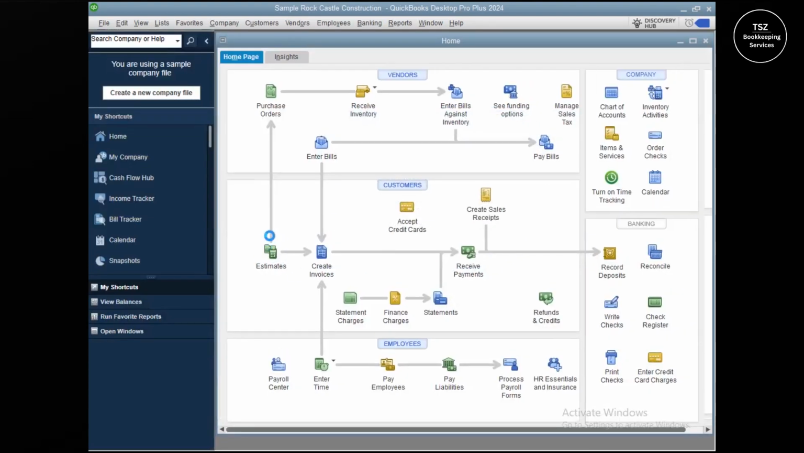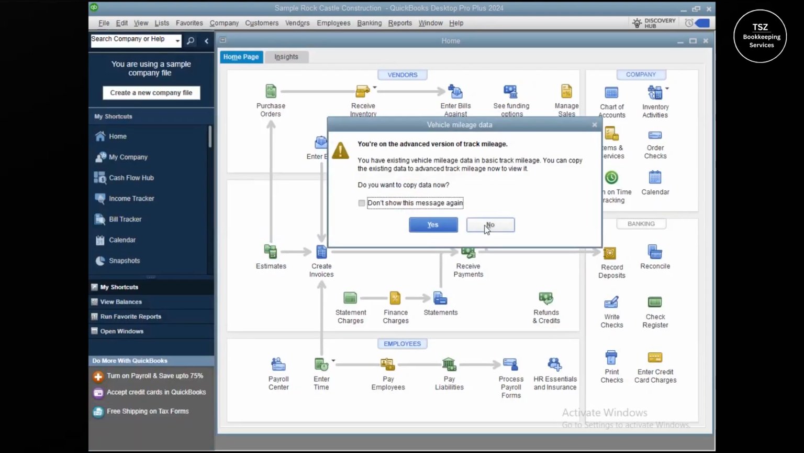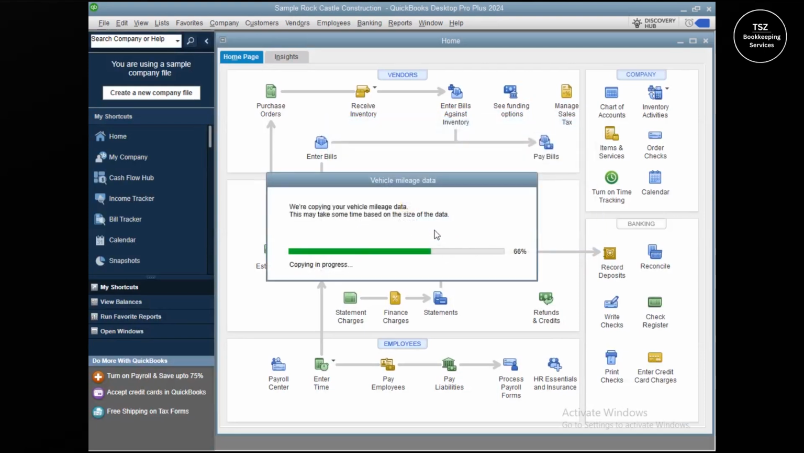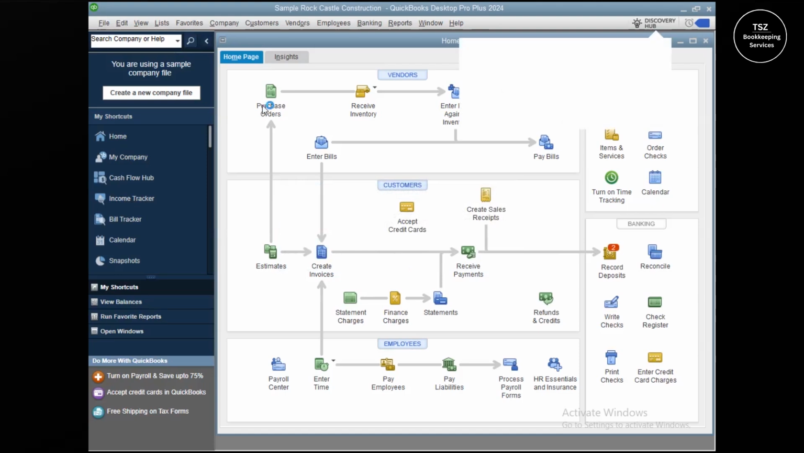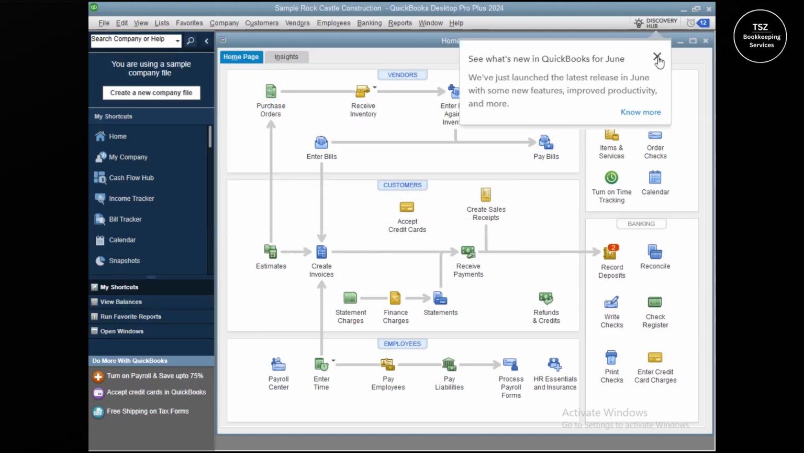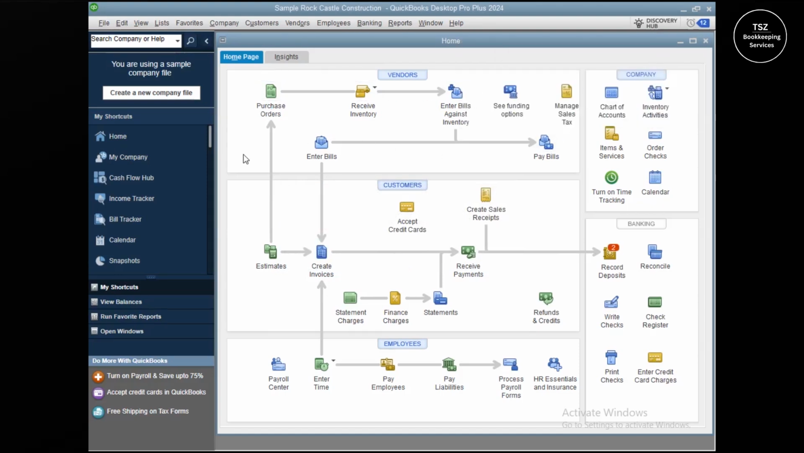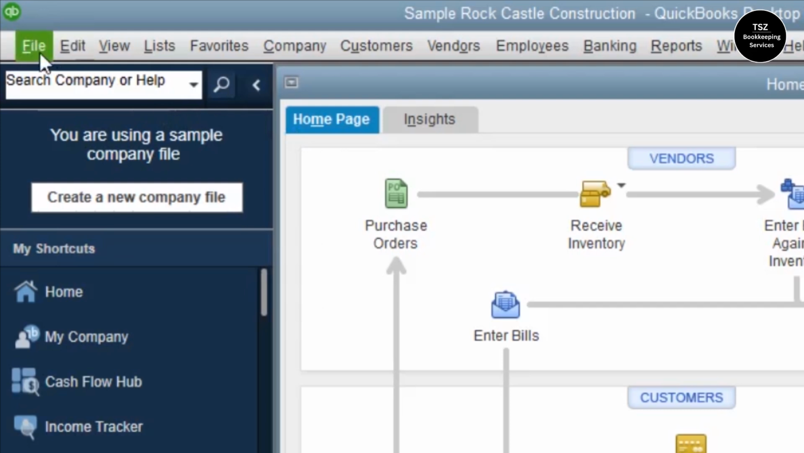Let's click on this and it's going to show you some notifications. In my case, I recently installed QuickBooks, so that's why we are getting a lot of notifications here. It generally does not show these kinds of notifications in QuickBooks. All right, in order to verify and rebuild the company file, we need to go to the File menu,